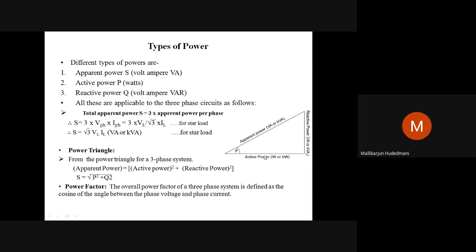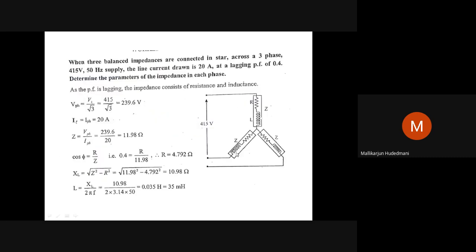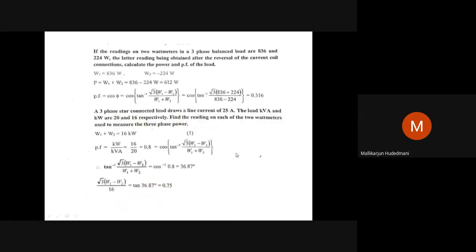So this ratio, 16 divided by 20, gives you the power factor. Like that you have to use it here. I have taken kW divided by kVA as 16 divided by 20. Then this 16 itself is the total power read by both the instruments together. W1 plus W2 is 16. But I don't know how much power is read by W1 and how much by W2. The total sum is 16. What is individual? That is what I have to find, so I should be careful about that. W1 plus W2 equals 16. Therefore, the power factor stands as 0.8, 16 by 20.